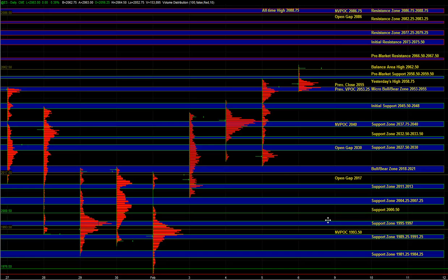So in the overnight session, we saw that ES held for the most part above the previous VPOC of 53.25, and at this point is attempting to break out above the previous balance area high of 62.5. So heading into the open, we have immediate support at 58.5 to 59.5, and essentially from this point on, either